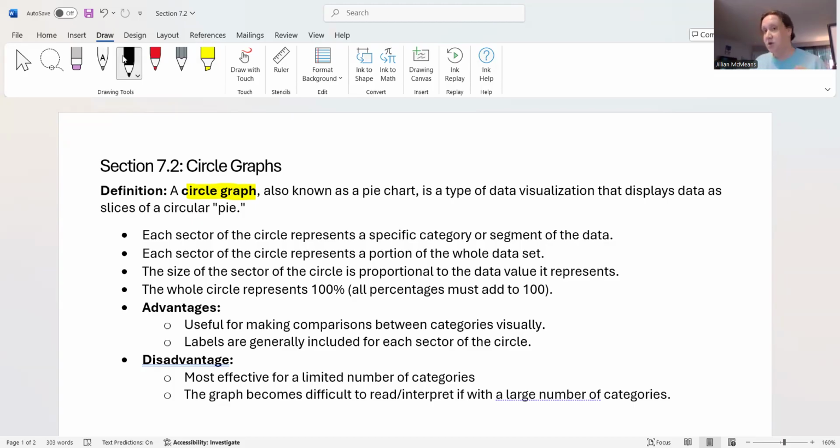So you basically take your circle and you break it into little triangular looking pieces, one for each item in your data set. Each sector of the circle represents a specific category or segment of the data. You just break it into these little triangular pizza slices, and each pizza slice represents one of your categories. Now, the grand total of all of your pizza slices has to be 100% of whatever